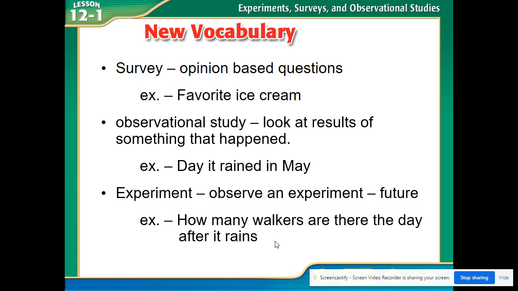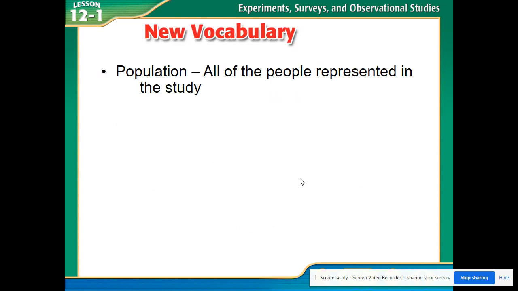An observational study is I'm looking at results that have already been there. And then the survey is very opinion-based. All right, let's look at some more information. So we have a population. Now, when we do a survey,